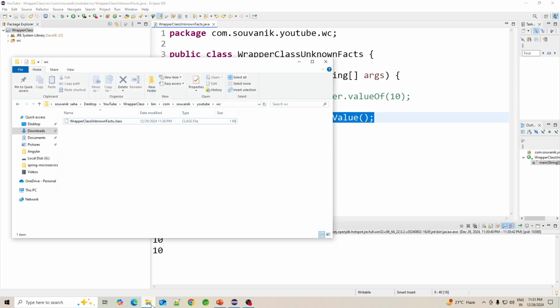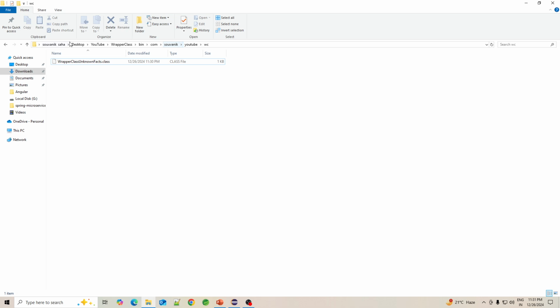So I have already opened my project directory, and if you go to the bin folder, this is my project directory and this is the bin folder. If you go to the exact path of your package, this is the package name com.shovanik.youtube.wc in the bin folder.